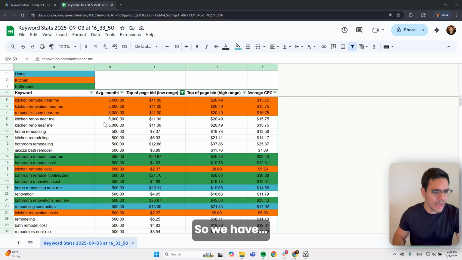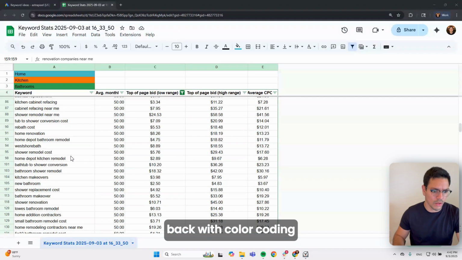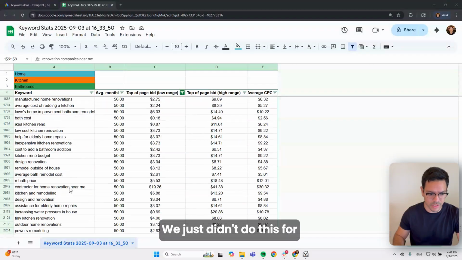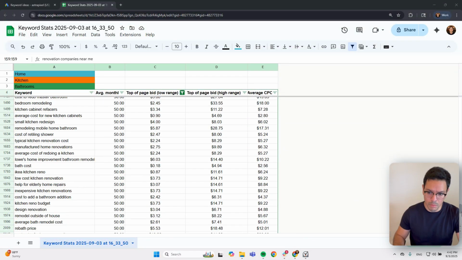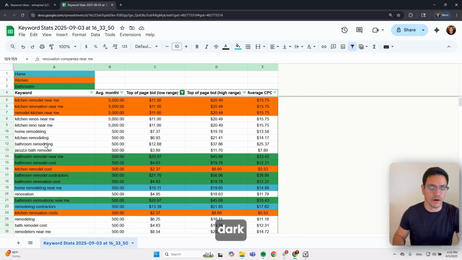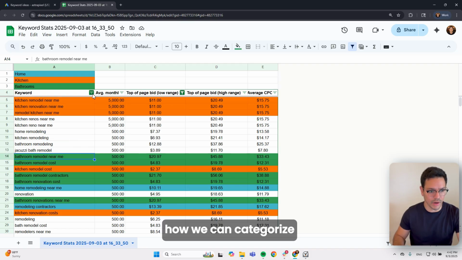Okay, so we have the keywords already back with color coding, and I would encourage you to really look at the entire list. We just didn't do this for the sake of this video, but go through all the keywords, and you can even put another category like NA and put them in dark gray, and then the entire list needs to be painted. But just for the sake of this video, I wanted to show you how we categorize them